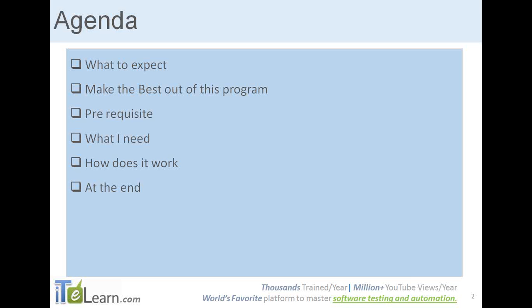So we would see how it works, and at the end what we should expect from the live project. We will go through each one of these, and at the end let me know if you have any questions so that we can solve your queries and doubts.